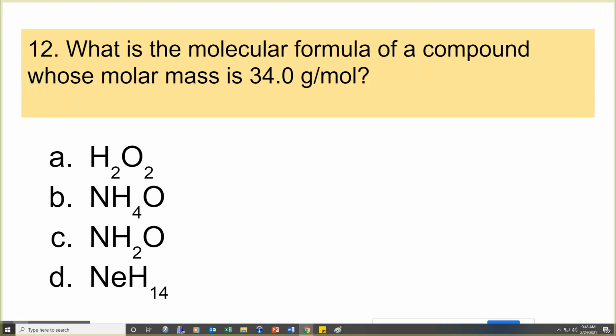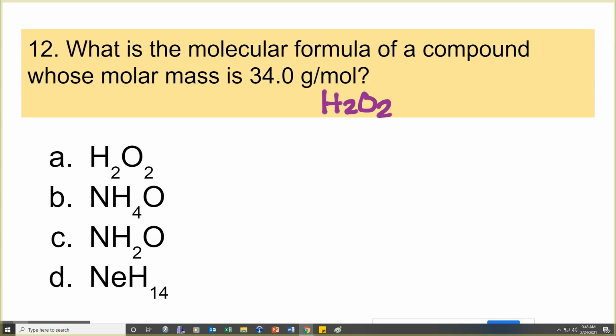All right, so let's look at problem number 12. What is the molecular formula of a compound whose molar mass is 34.0 grams per mole? All right, so if you look at this one right here, you should be able to get the molar mass, right? So, for example,